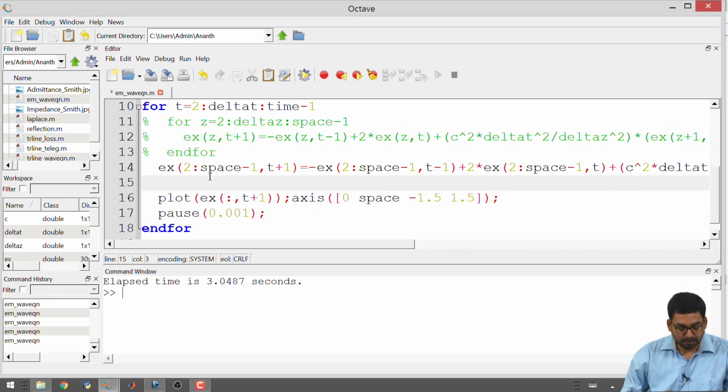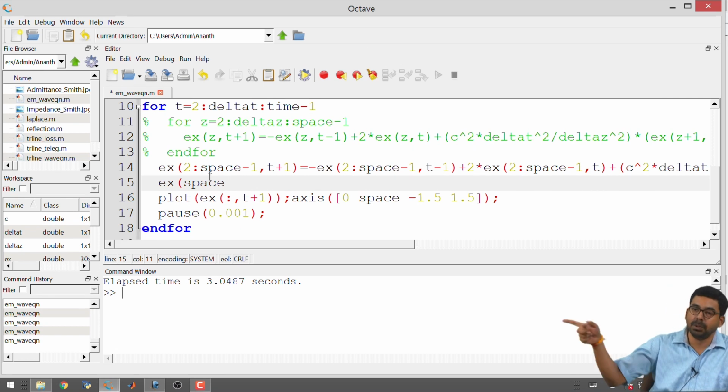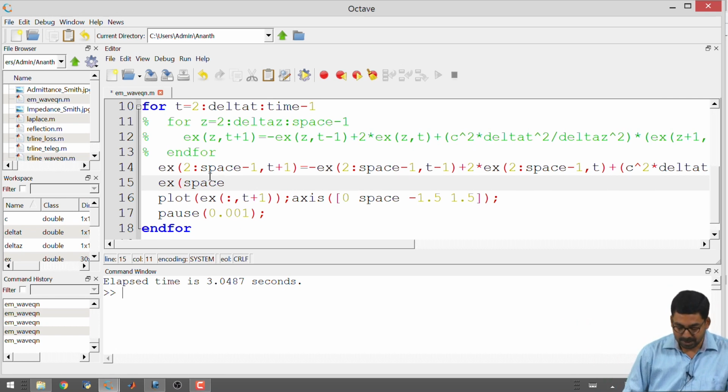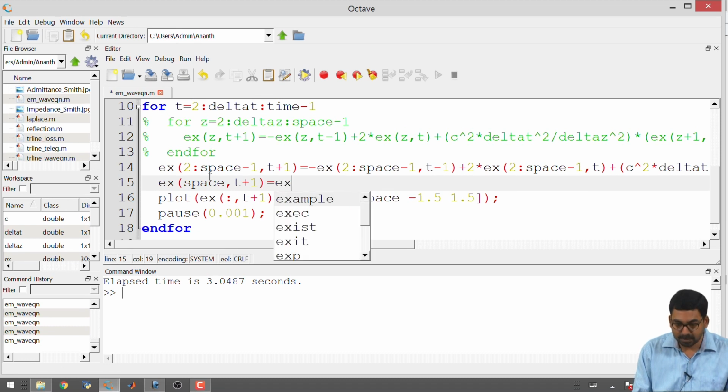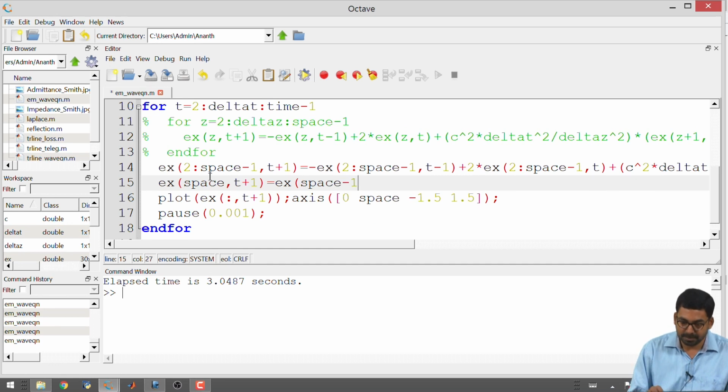Ex at the position space which is here equal to 30 corresponds to the right hand side edge, at some instant t plus 1. So, the loop is in t and I am trying to update what is happening with t plus 1, is equal to Ex at the position before that, at the previous instant of time.